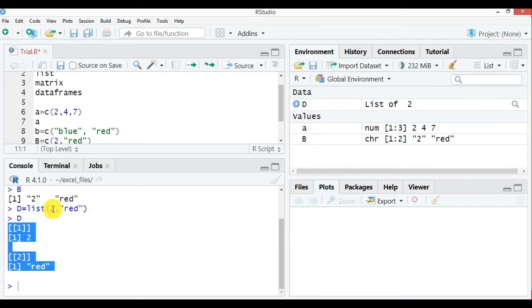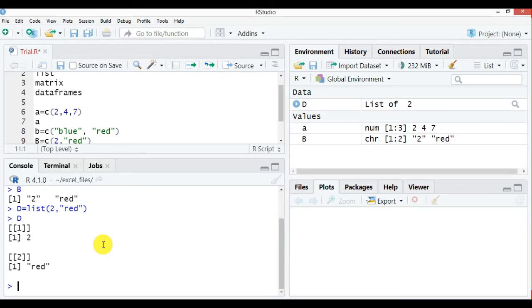It is identifying them as different objects. So 2 is one thing and red is the second, which is in quotes, meaning it has taken red as character, and 2 is without quotes, meaning it has read 2 as a number. So that is how you can store different data types into one variable using list.